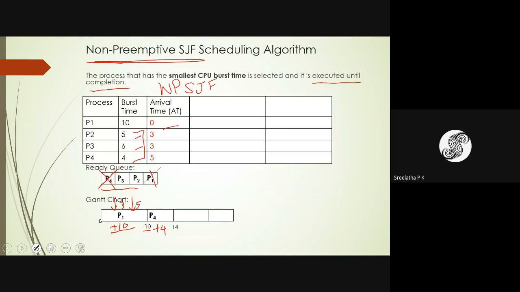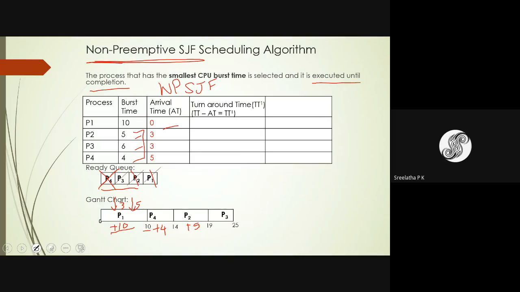Fine. Next program. So P1 and P4 are completed. Out of P2 and P3, which exist, which is the shortest job, which has the shortest burst time? It is the P2 program. Correct. So P2 is selected next. P2 is not in the ready queue now. P2 needs 5 milliseconds to complete the execution. So after 5 milliseconds P2 completes the execution, and the execution time is 19. P2 also completes, P3 is selected, and P3 also completes, so plus 6, and it is 25 milliseconds.